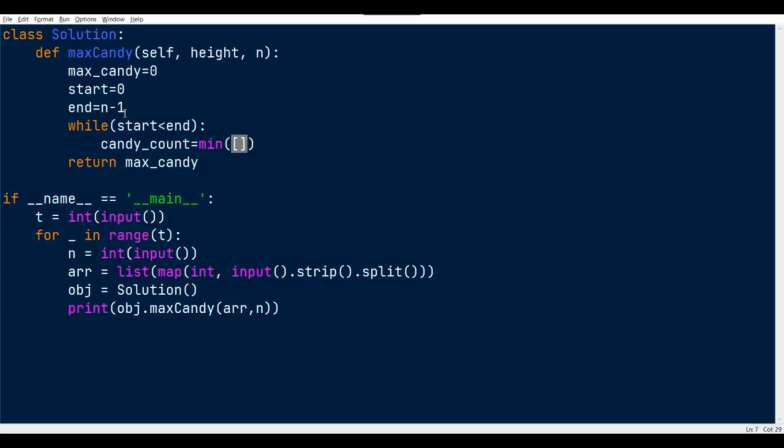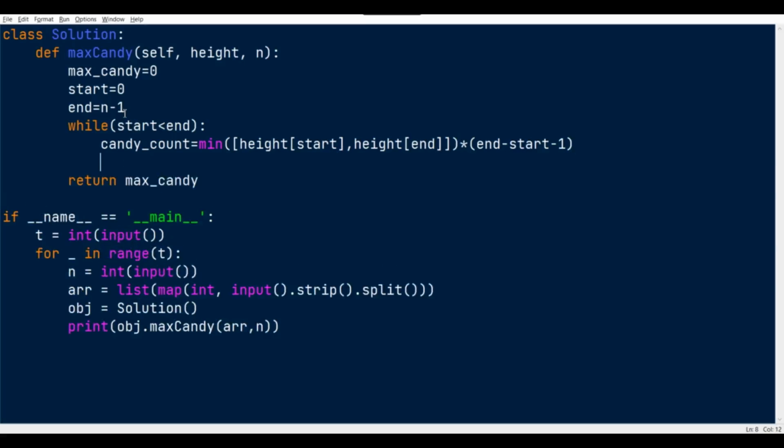Which is nothing but height of start, comma, height of end. And we just need to multiply the minimum value with the area between the two values, right? That is nothing but end minus start minus 1.